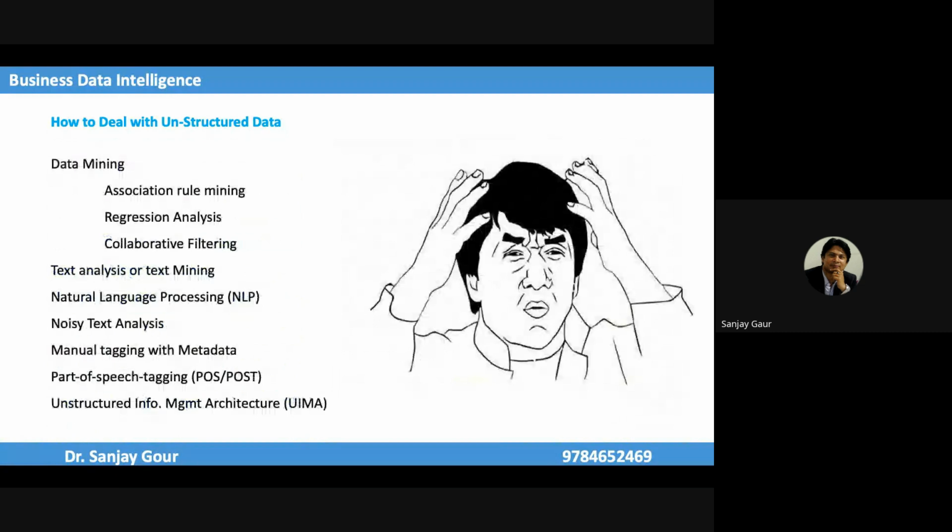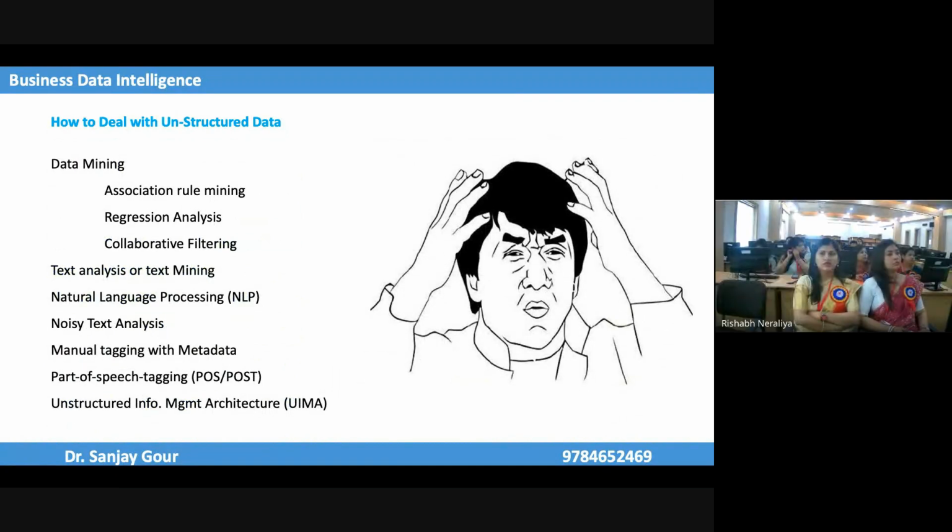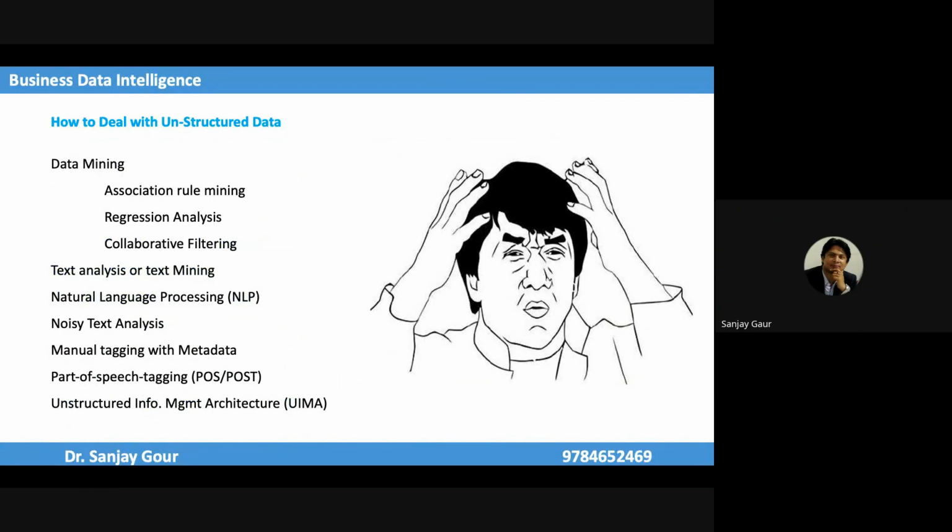So how do we deal with the basic things which help to deal with the data? We can say the initial, layman kind of utilization of unstructured data. Simply, the thing is data mining. Association rule. Although it is a very simple line to say association rule, but there is a